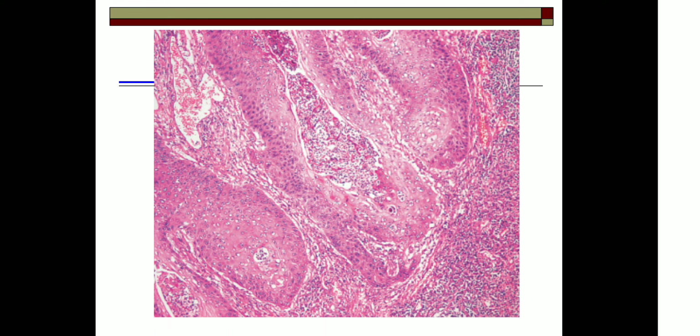If you see keratin pearls, that is the clue to the differentiation, that is, it is a well differentiated squamous cell carcinoma. So always know that if you see keratin pearls, it is well differentiated. Once keratin pearls are not there in a squamous cell carcinoma, it is a moderately or poorly differentiated squamous cell carcinoma. Okay, so that is CA penis.